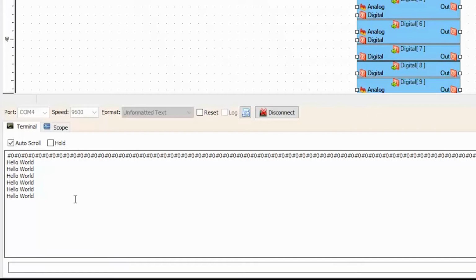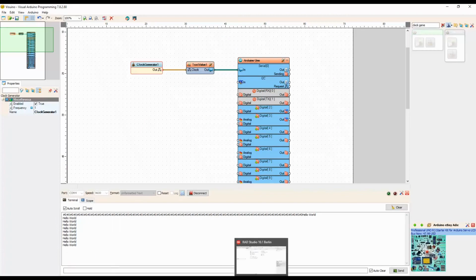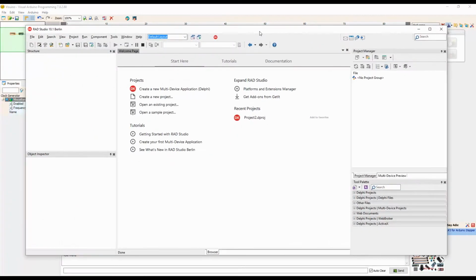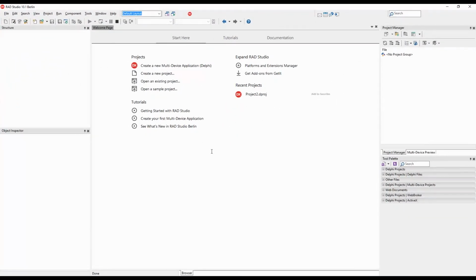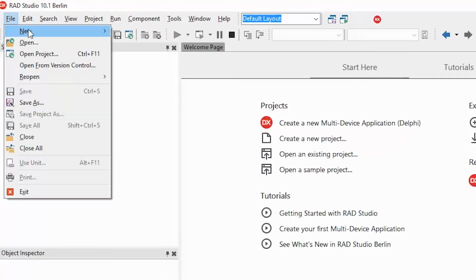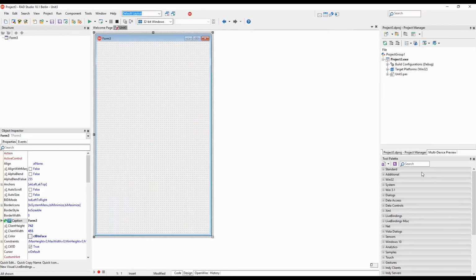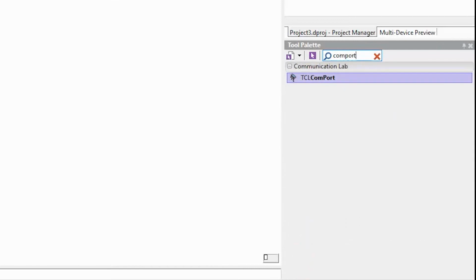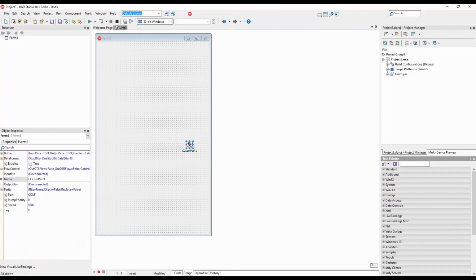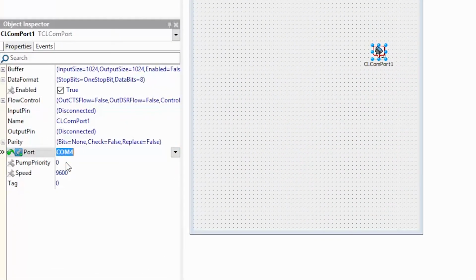So now that we have this going, let's open the Delphi software. And there are some packages from Mitov software that I downloaded into the Delphi Studio. And I will post links to all of this in the description below. So in order for us to start, we'll start a new VCL project. And the first thing we will want to drop here is what it calls ComPort. And that's actually a component that allows us to communicate with a COM port itself. And we know that the Arduino is on COM4, and the baud rate, well, the speed is 9600, which is